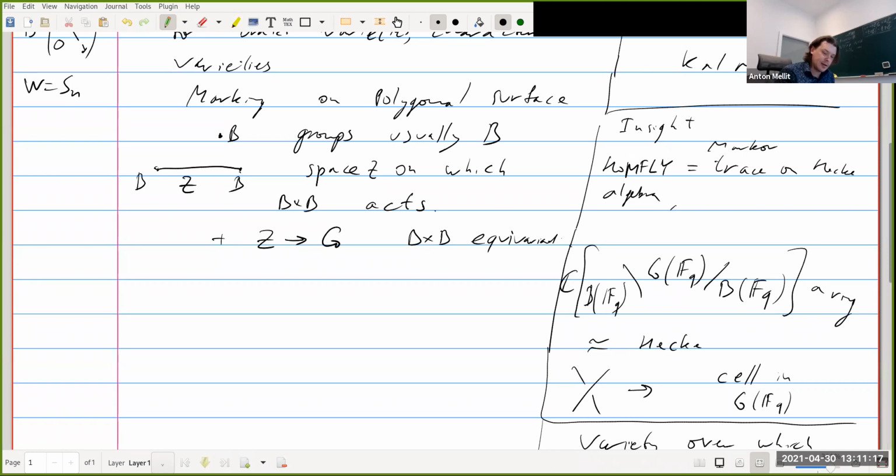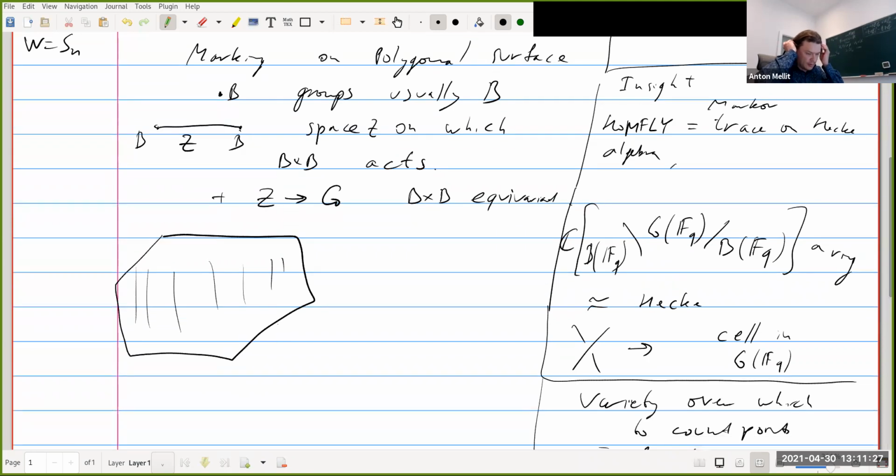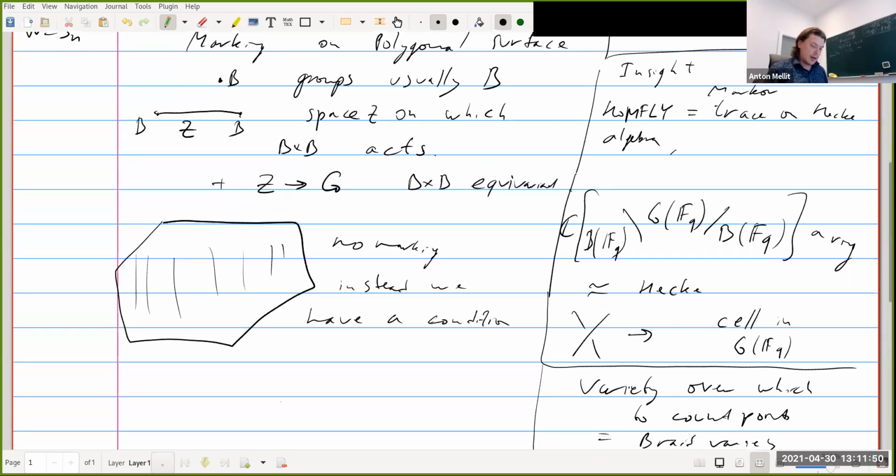And that can tell us how to define things on polygons. So on the polygons, there's no marking. But on polygons, instead, we will associate a condition, so we have this B, Z1, Z2,